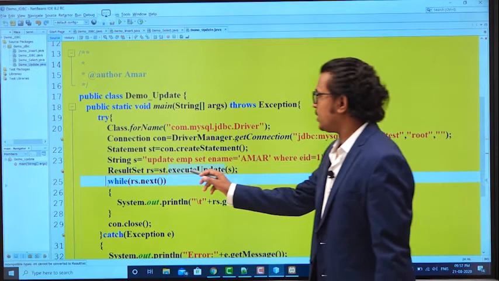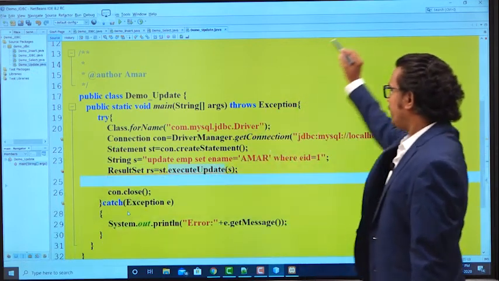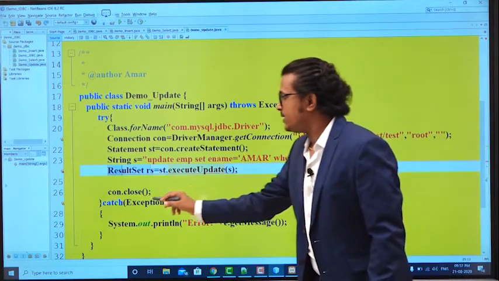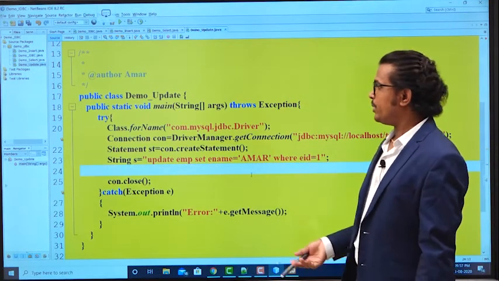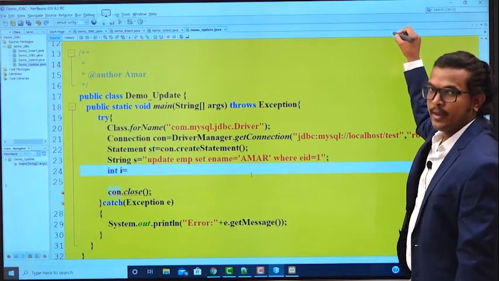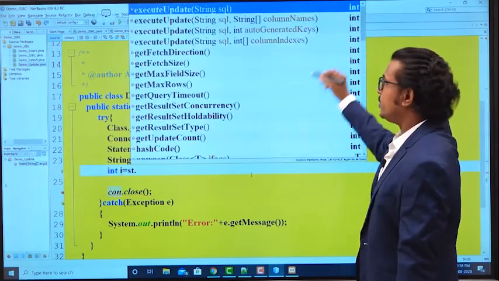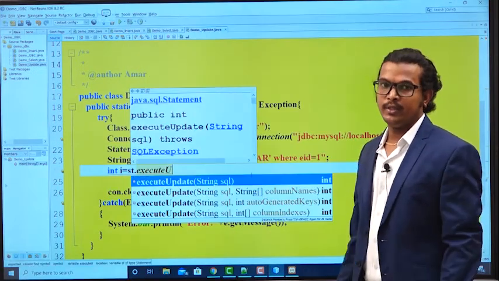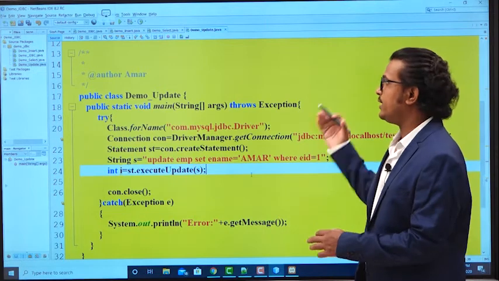Whenever you call executeUpdate, it will go to your database, execute in your database, and come back. If you are using the prepared statement, one prepared object is already available in your database, so it will just refer to that particular statement. It will not execute again, it will retrieve that information.